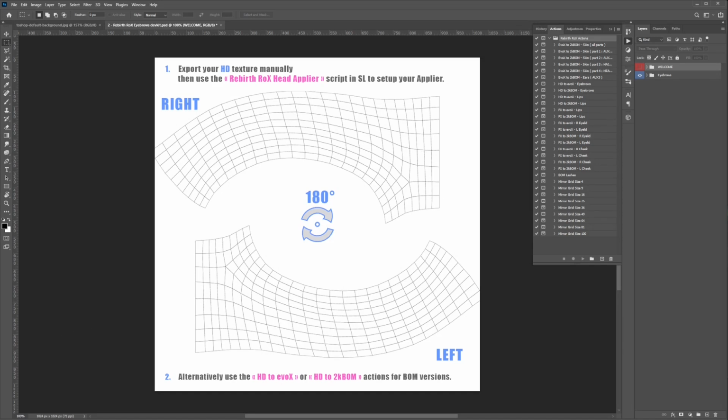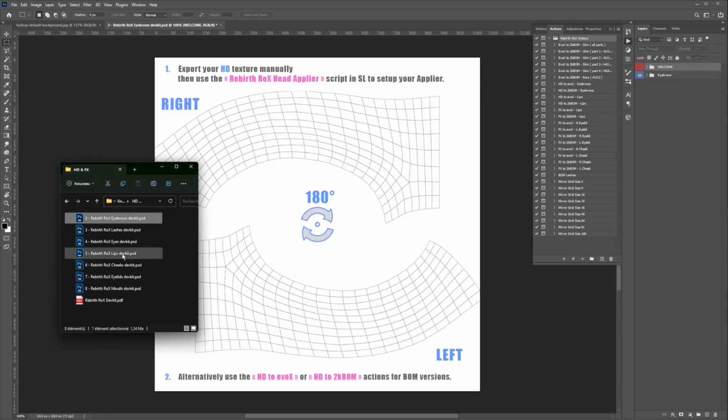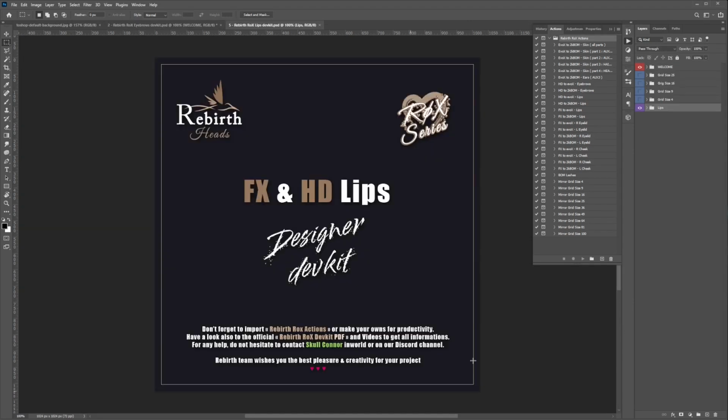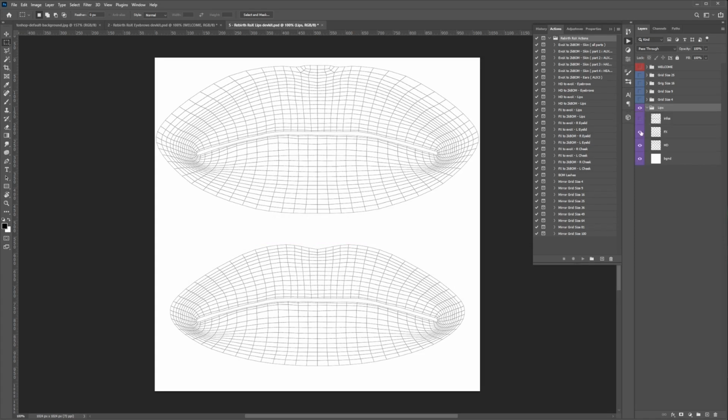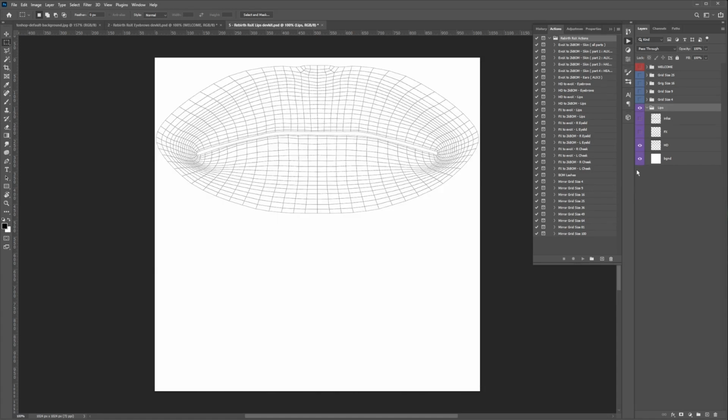In the case of the lips, here you also have the home page that I hide. And here we have the HD layer that interests us. I hide some information. Like this. No need to use the folders in blue, which are in fact used for FX. It is therefore this HD texture that will have to be exported to configure our applier,